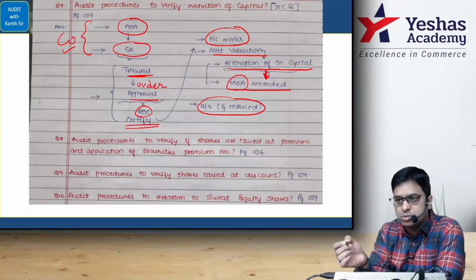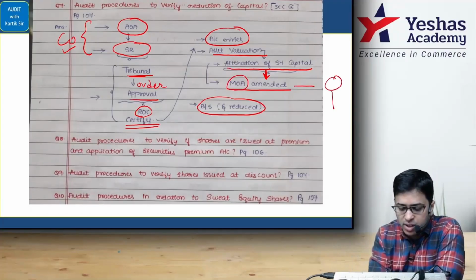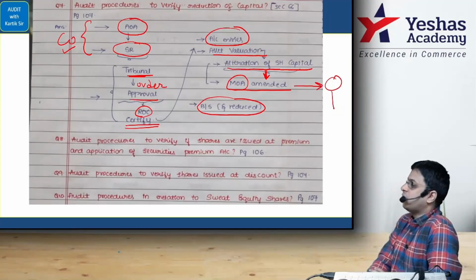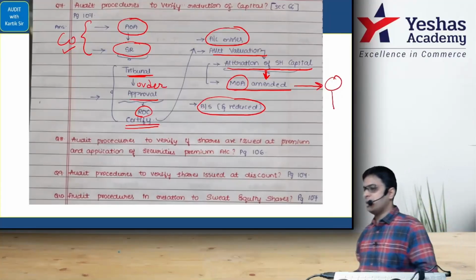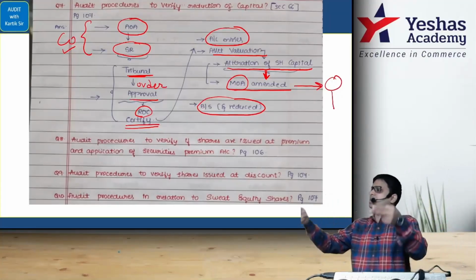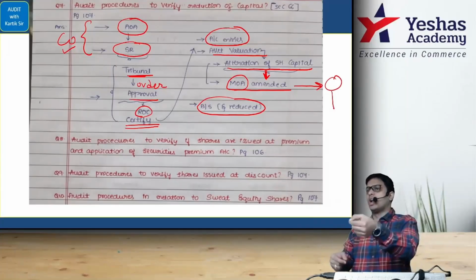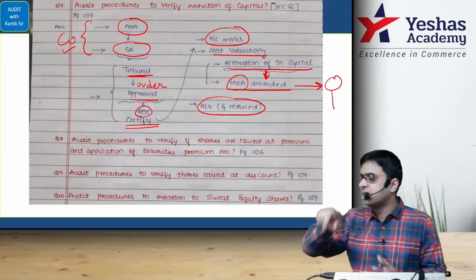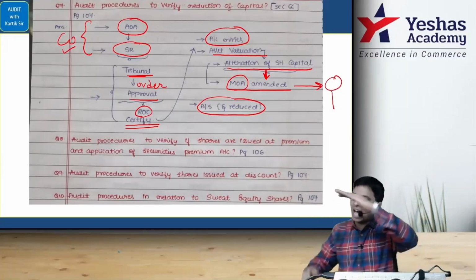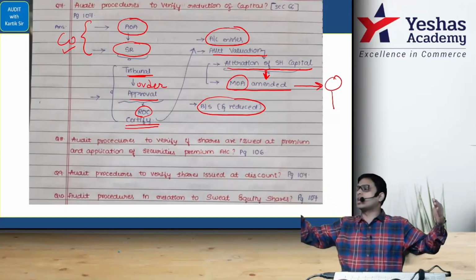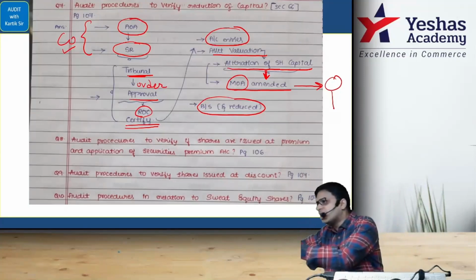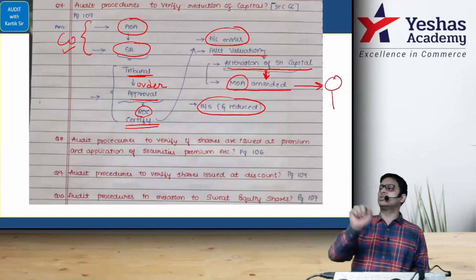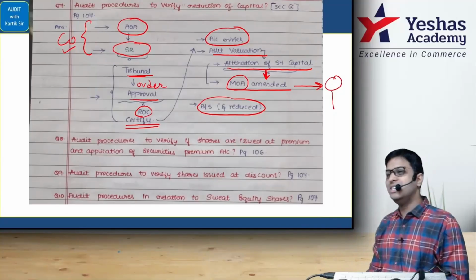So whenever a person comes to ask for the MOA of the company, you have to give the amended MOA. Are we there? Yes or no? Big answer done. Just read it in sequence. First, it should be there in the AOA. They pass the special resolution, take it to the tribunal, and the tribunal passes an order giving the approval. You take that to the ROC, which gives the certification. Then you pass the accounting entry. In the assets you change the valuation, in the liabilities you alter the share capital. Because you have altered the share capital, your MOA will be amended, and overall the balance sheet will say "and reduced". Yes or no? Easiest area.